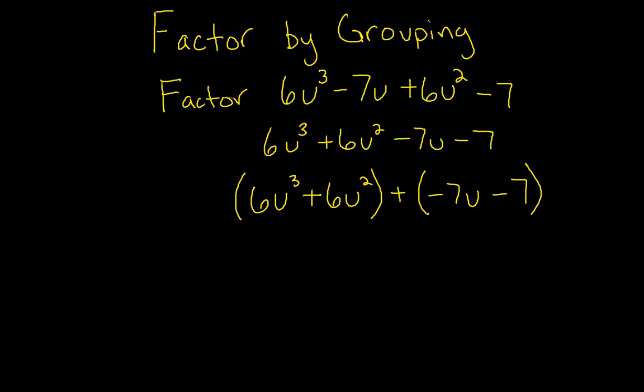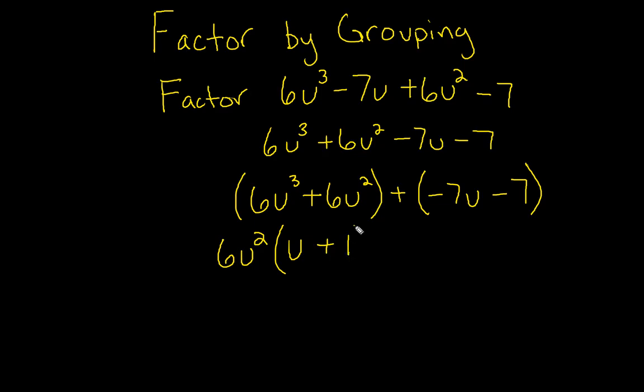From here, we're going to look to see, is there a greatest common factor from the groups? And if we look here, well, yes, 6 is definitely a common factor, and u squared is a common factor. So we're going to move that out front. So it's going to give us 6u squared. And then when we remove that out, that's going to leave us with just u, and that's going to leave